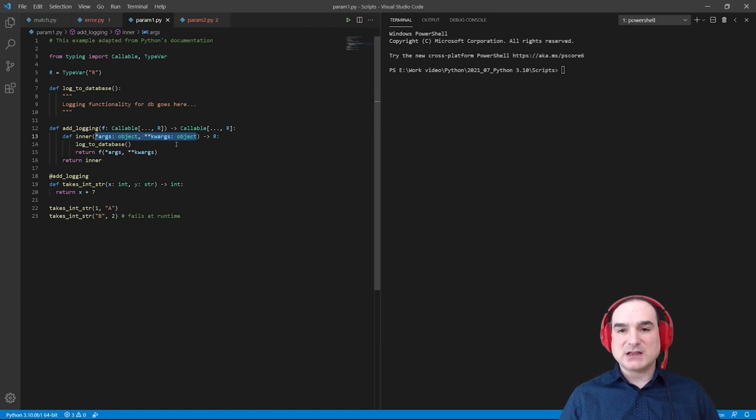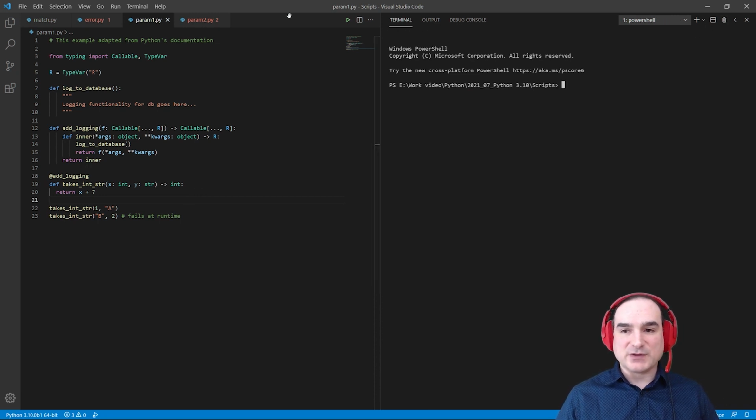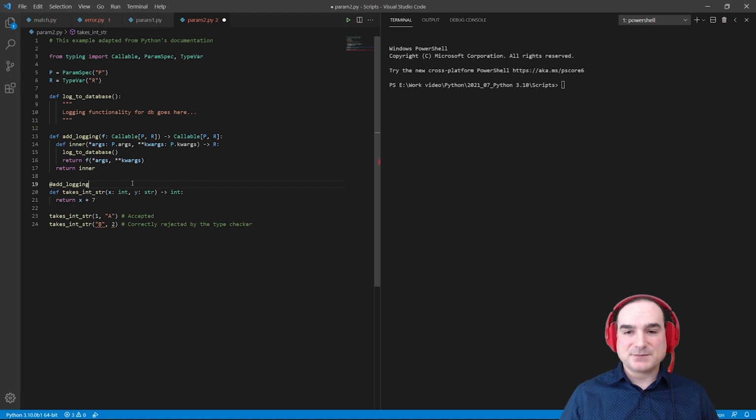As a result, if we run this code, the second instance of the takesIntString function will fail because we're passing into it argument types that don't match. And the linter is not catching this either, because all of the type information is being erased as it passes through the decorator. Now let's take a look at the same code, but with one of the new typing annotations available in 3.10, ParamSpec.